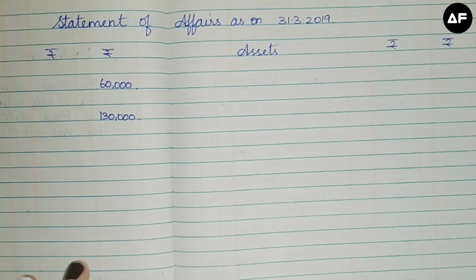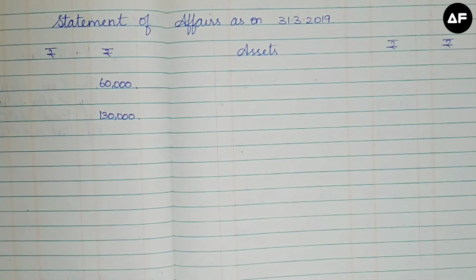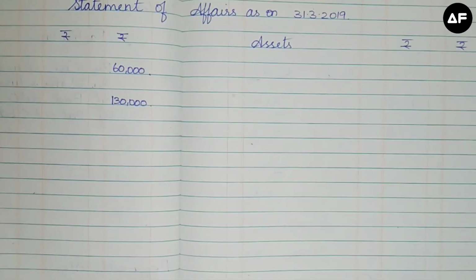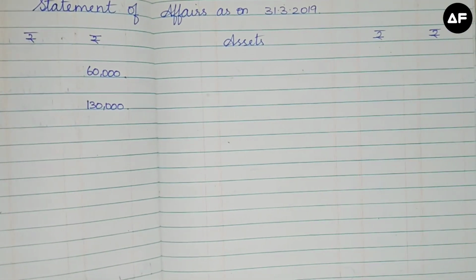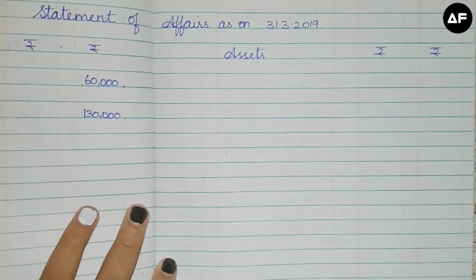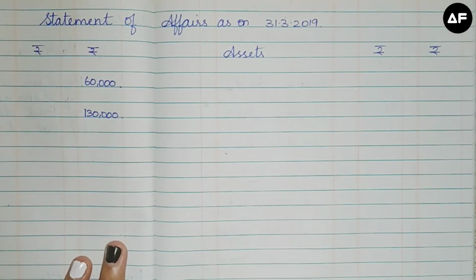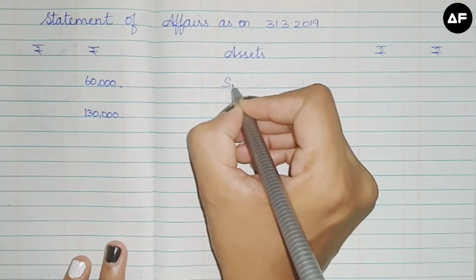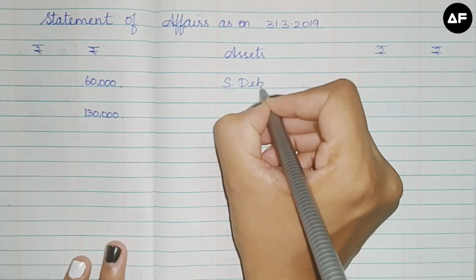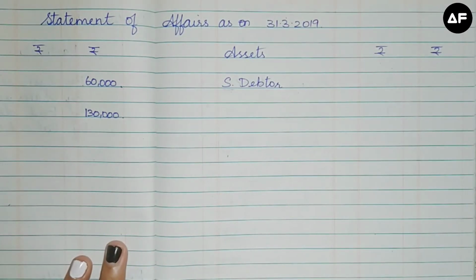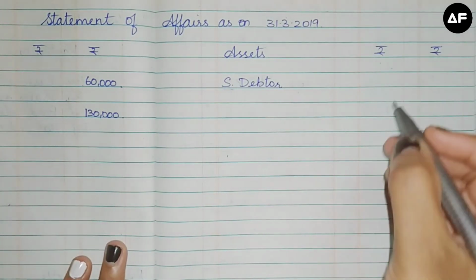When we are doing the asset side, we must be careful that we have to start with the adjustments which are given in the sum. That is the main reason why we have split up this particular statement of affairs. The first adjustment given in the sum is create a provision of 5% on debtors. So first I'll write down sundry debtors, which is equal to 90,000,